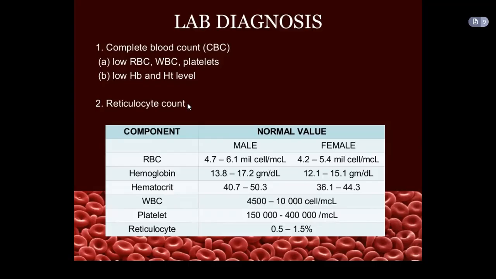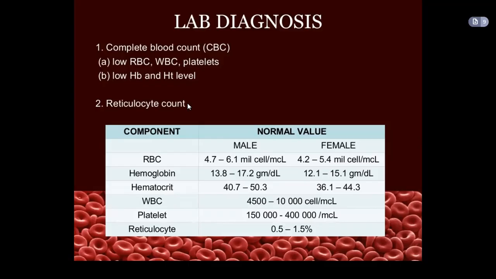But in severe hemolysis, when red blood cells are destroyed, your bone marrow increases erythropoiesis to produce more red blood cells to replace the destroyed red blood cells. And anytime there is increased erythropoiesis, there is increased reticulocyte count. So you have reticulocyte values greater than 2%. But in aplastic anemia,